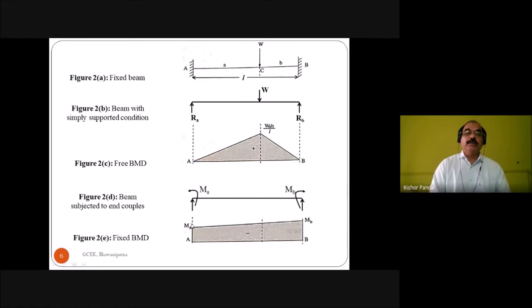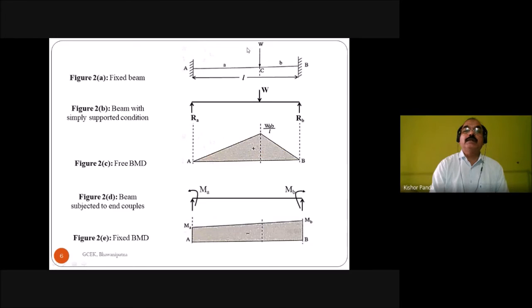But here you see, the load is acting eccentrically. So here, if A is greater than B, then MB is greater than MA, because the load is present towards this joint. So this side the moment is greater than this moment. So here you have to take MB is this one and MA is this one, because the load is not present at the center.